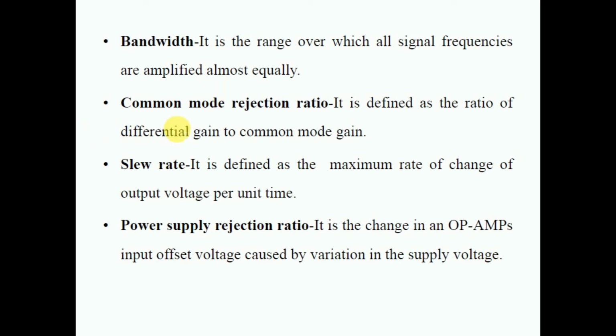After that, the common mode rejection ratio is nothing but the ratio of the differential gain and the common mode gain. Now whenever we use the operational amplifier in the differential mode, it will provide some kind of amplification at the output terminals, and that is nothing but the voltage gain produced at the output terminals. Now how can we get this? It can be achieved by output minus the input,